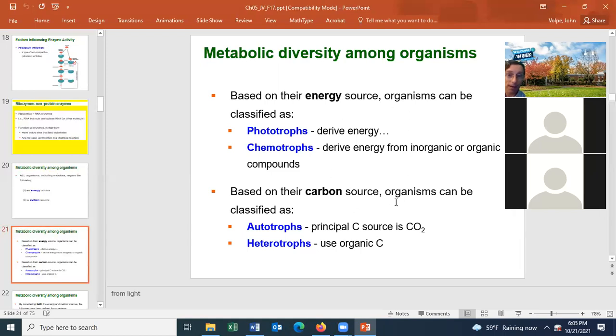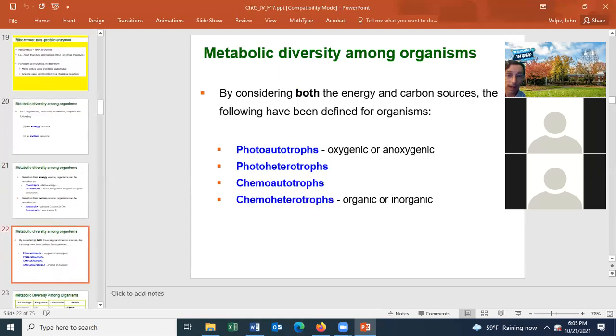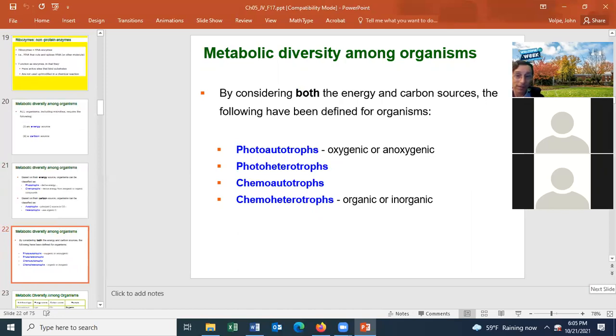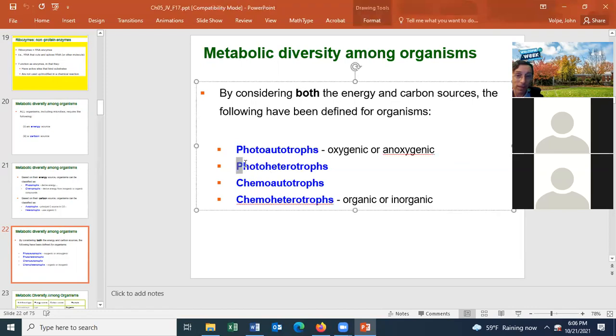Because we can now combine energy source and carbon source, and then we say that the organism can be classified into one of four types. There's the photoautotrophs, and they get their energy needs from light, and their carbon from CO2. Those are photoheterotrophs. They get their energy needs from light, and they get their carbon from a chemical organic compound